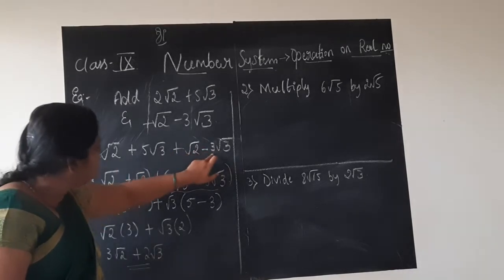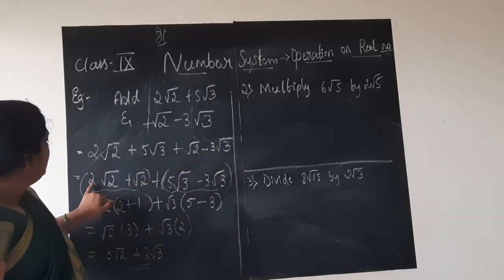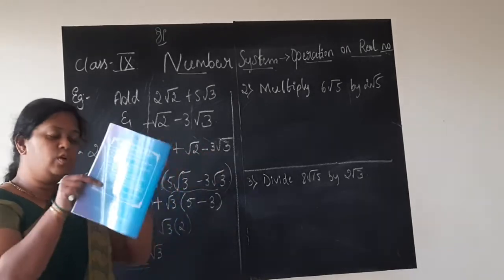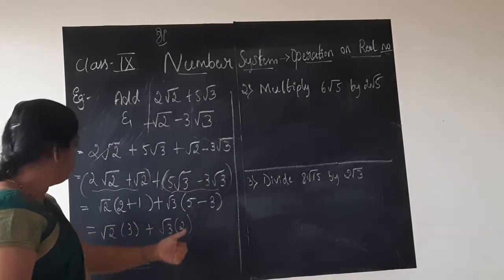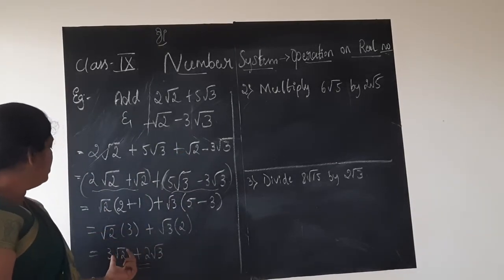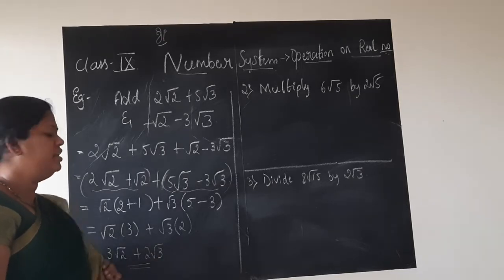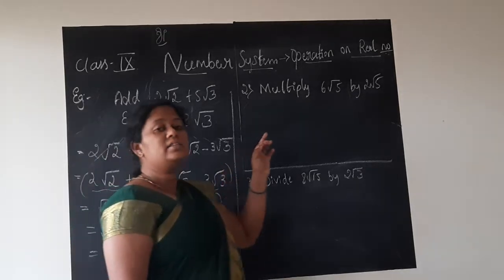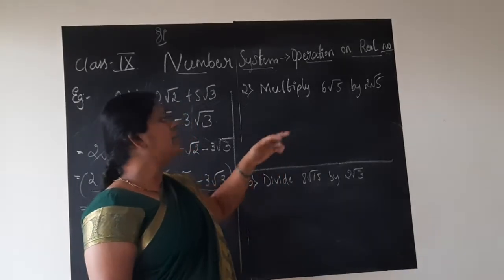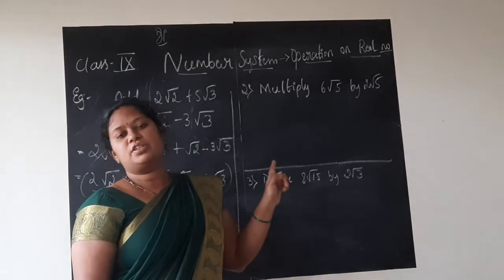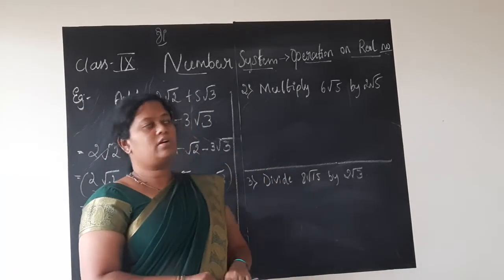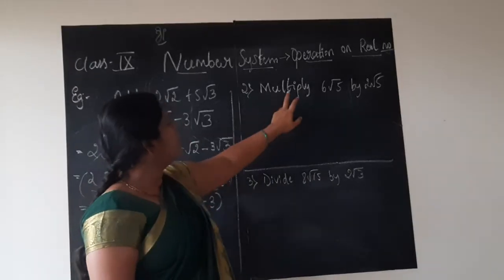So, we wrote along with plus sign. Then, we grouped the numbers, took out the common factor and simplified. And always we have a habit of writing the number first and then the square root. So, we wrote it in that form. Next, similarly children, you have multiplication. One problem in each I will show. Anyhow in the exercise, we will be solving more problems.